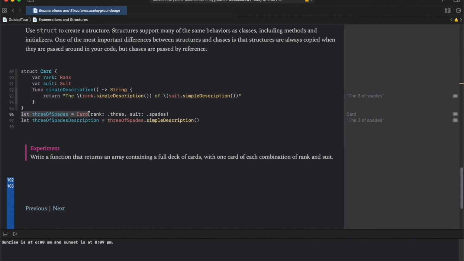On line 96, we are creating an instance of the card structure with initial value of 3 and spades to the rank and suit variables as specified on line 90 and 91. On line 97, we are calling the simple description method on the above instance. The result of calling the simple description method can be seen on the right hand side.